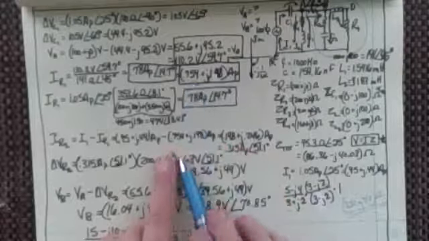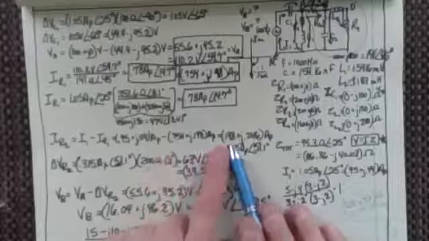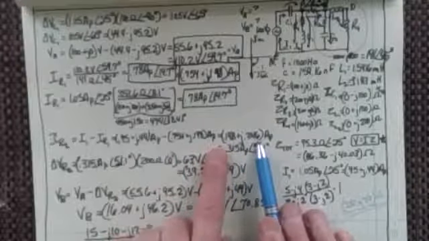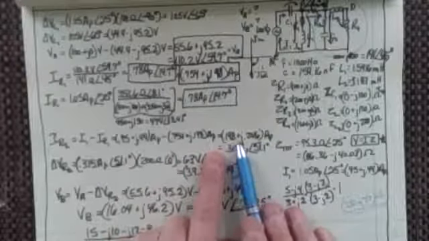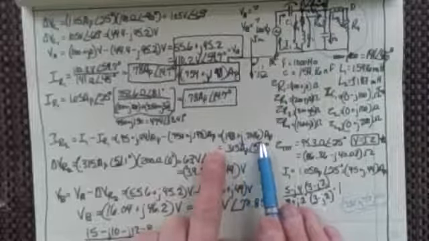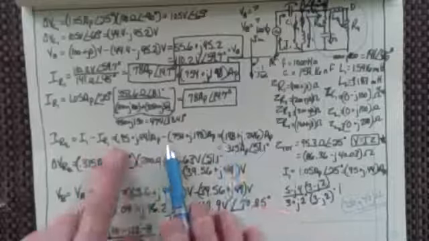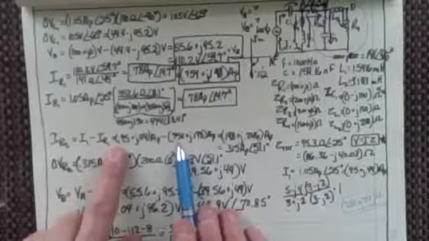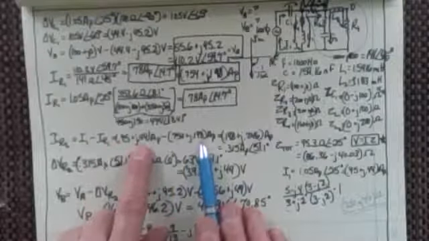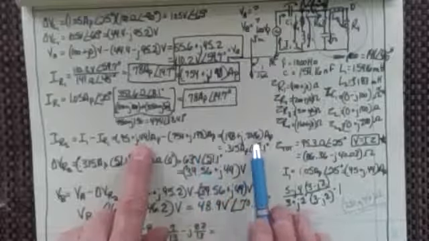You've got that in your notes, so I'm just subtracting that off. And what that gives me is this in rectilinear form, 0.198 plus J 0.246 amps peak, right? That's just subtracting 0.95 minus 0.754 and 0.44 minus 0.198, and that gives me